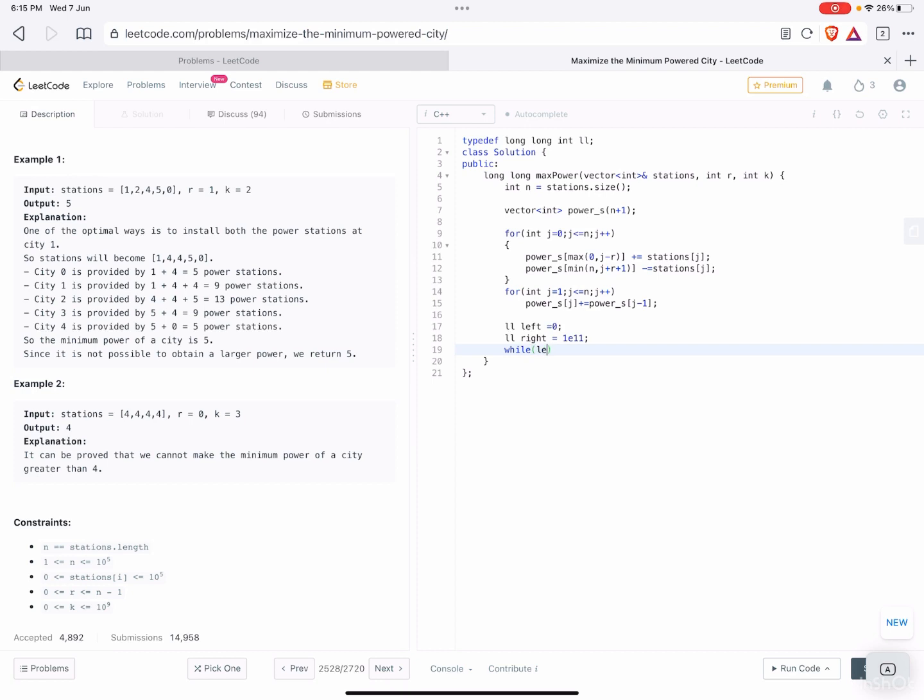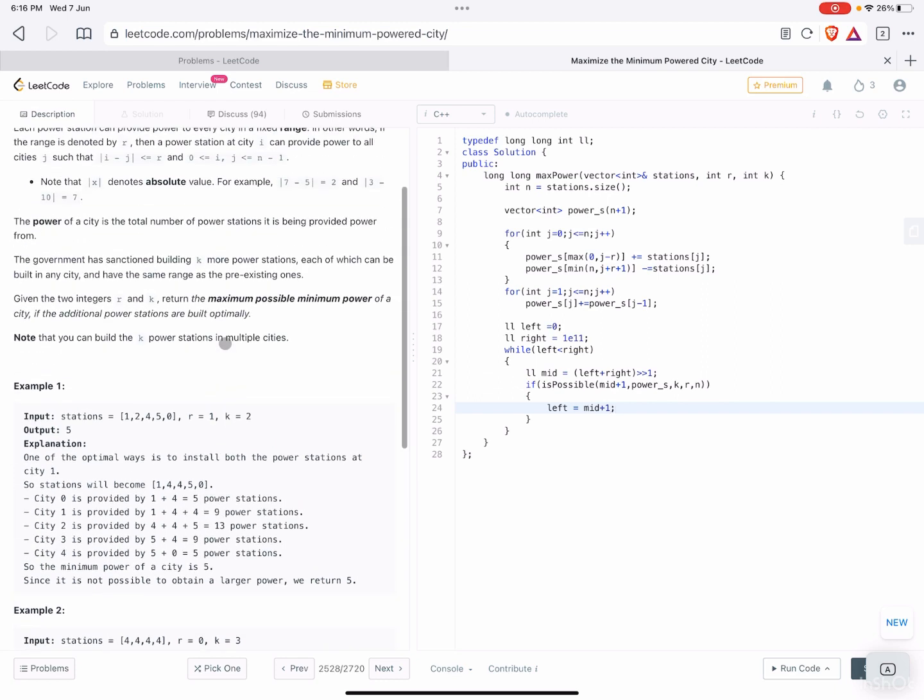And now while left is less than right, define mid as left plus right by 2, and if isPossible of mid plus 1, power, s, k, r, n, which is a function we will define later, then left equals mid plus 1, because we have to determine the maximum possible minimum power.